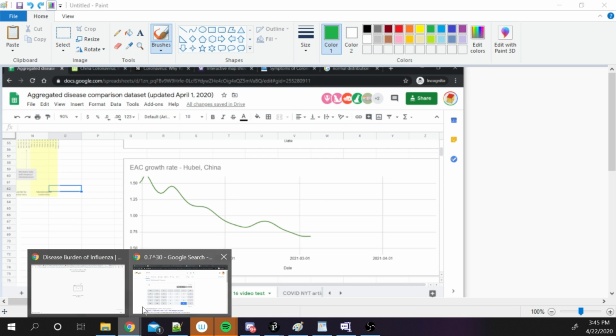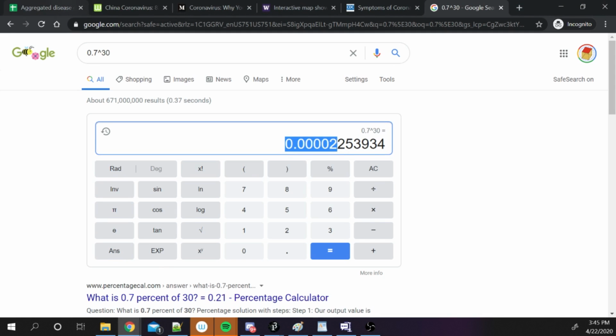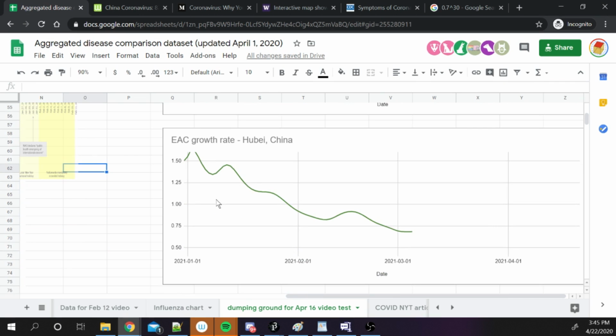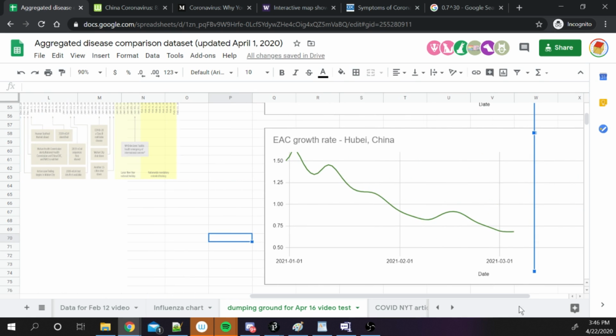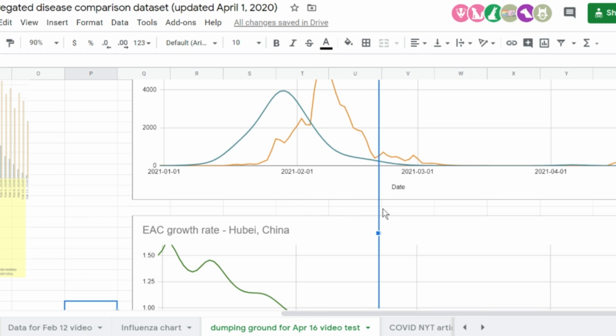Okay, so that's a lot of talk. Let's look at the actual dates that countries went on lockdown and see what effect that had on the green line. Of course, correlation does not imply causation, so I'm not going to make any claims about that here. This is just a dumping ground for me to toy around with the data and see what I get.